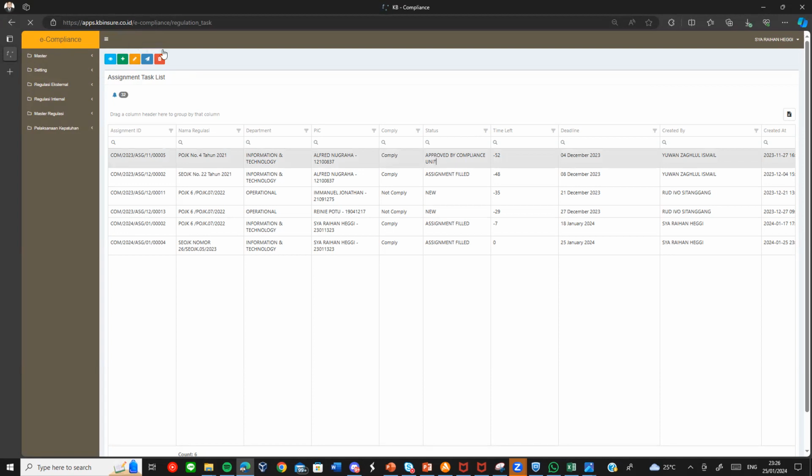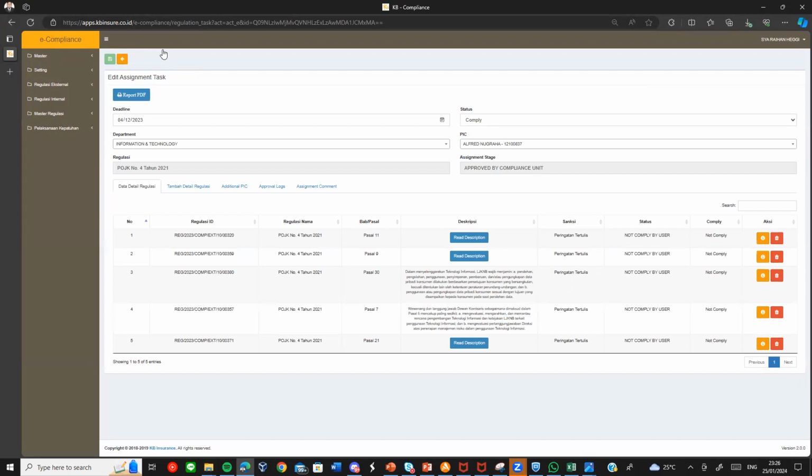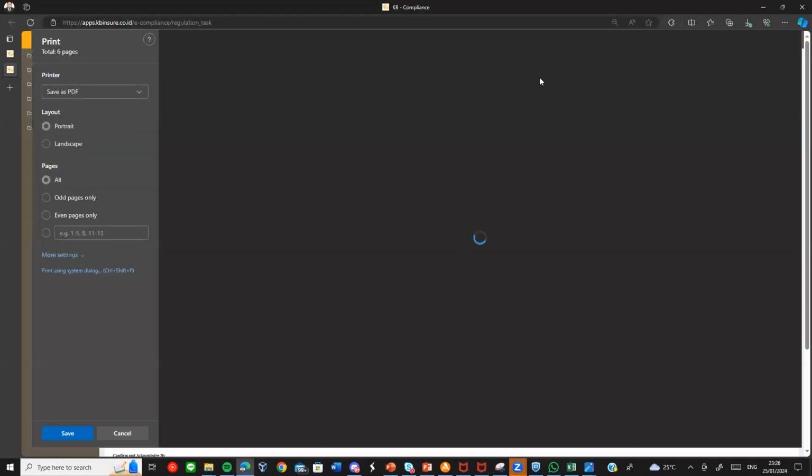And in this stage, we can create the report of the check. This is an example conducted on 4th December, after the approval conducted by the unit head.